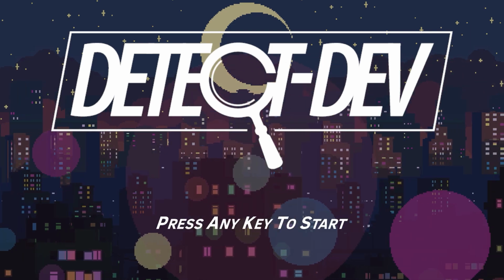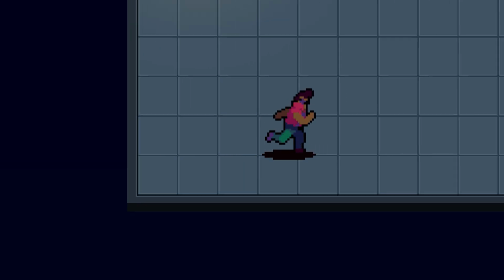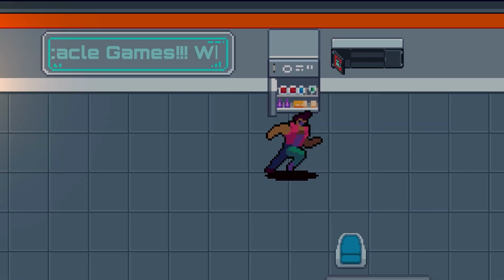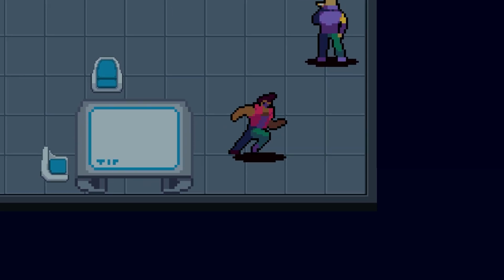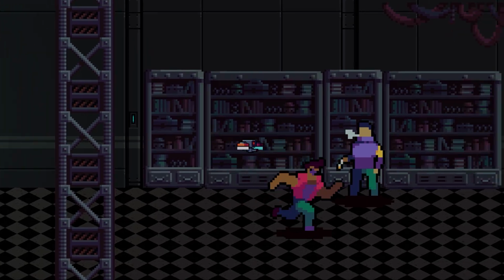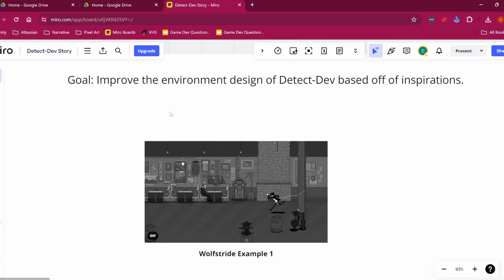Welcome to another Detective Devlog, where I'll be walking you through how we took our environment design from this to this. Let's get started. First things first, I had to start off with research, but I wanted my research to